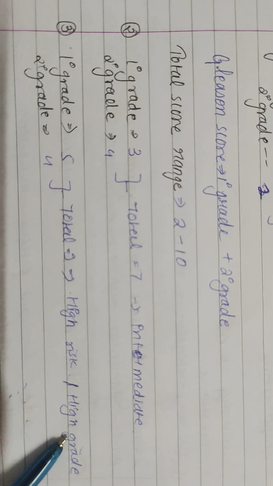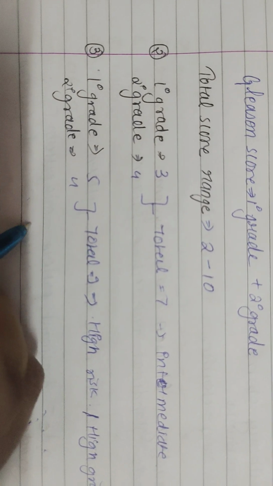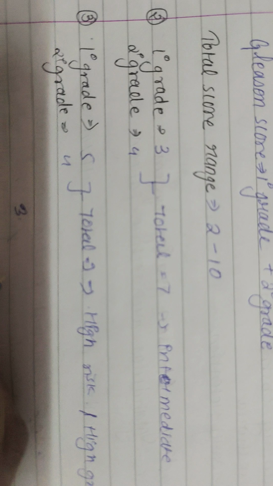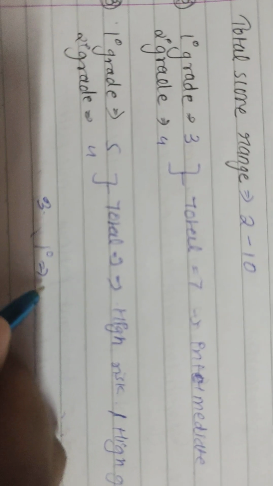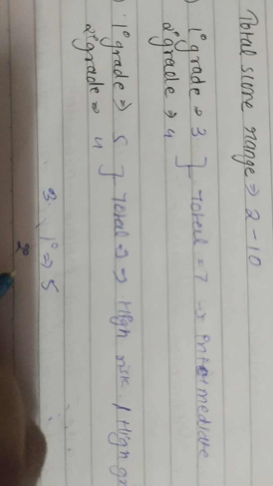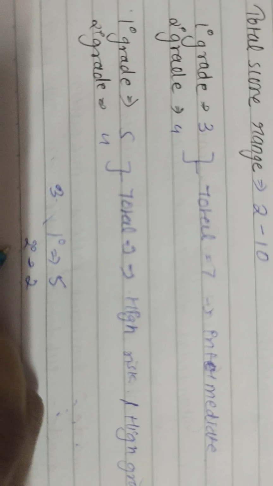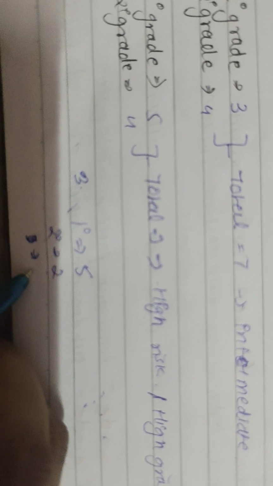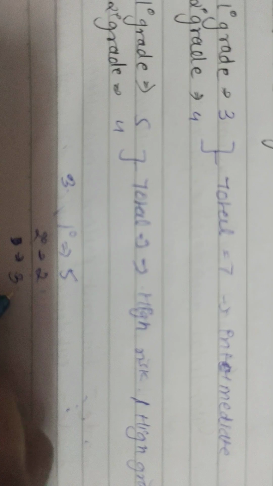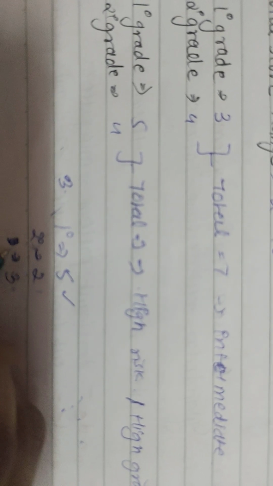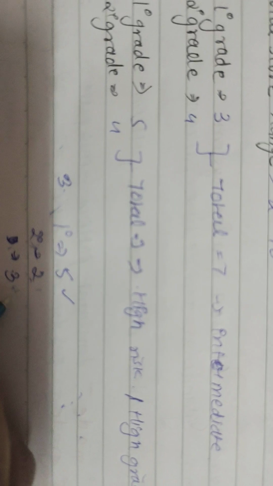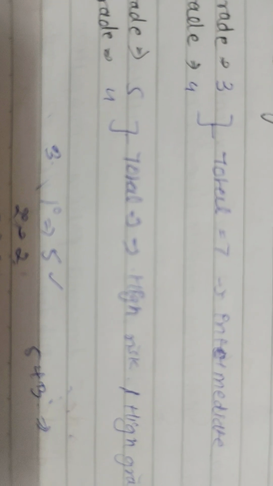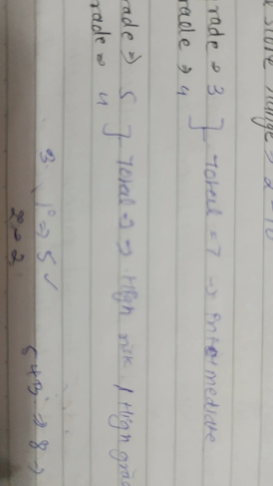And if we are given 3 values, then the values chosen will be those with the higher value. For example, the primary grade is 5, and for the secondary grade we see 2 and 3. So primary is considered, and for secondary we have 2 options, so we choose the greater number, that is 3. So 5 plus 3 is seen, which equals 8. So it is intermediate